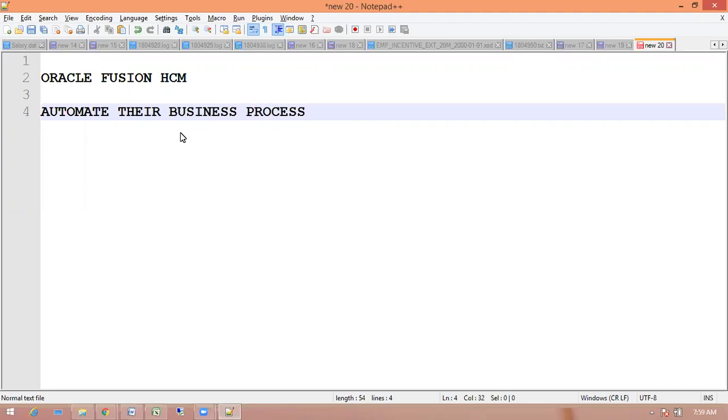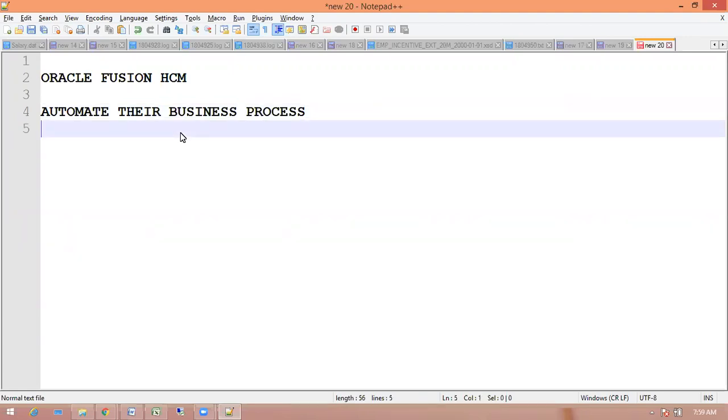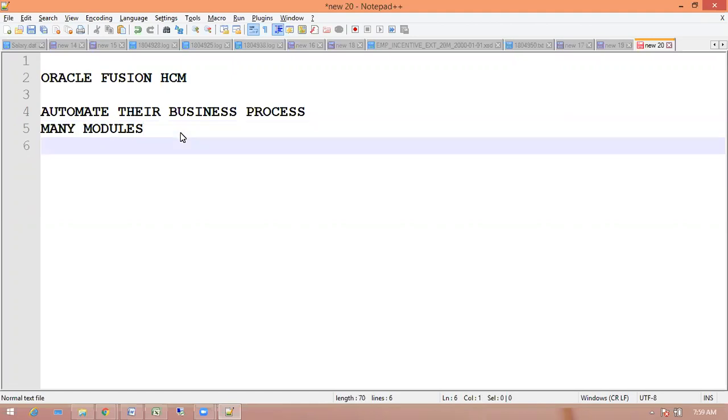So here, Oracle has many modules which are required for the organization, called HCM, SCM (supply chain management), finance, CRM. So we are going to discuss human capital management. Human capital management is an ERP, enterprise application, which automates everything from attracting talent or hiring, onboarding, then exiting. So it takes care of employee activities, the full employee life cycle.